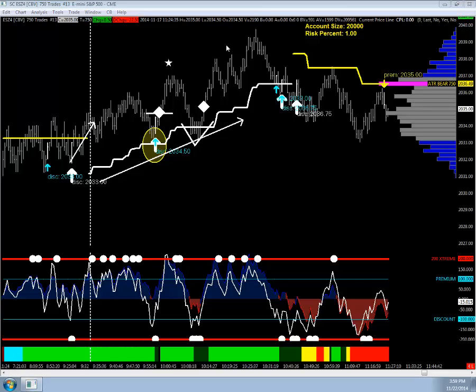Okay, now as price peaked out, we saw price pull back yet again here, offering a couple more opportunities on the buy side. This particular time, though, price is pulling back a little deeper. And as you can see, that turbo discount, which is the cyan arrow, and the normal discount, which is the white, never triggered. Price never really came back up, and the lead line, which we use as a